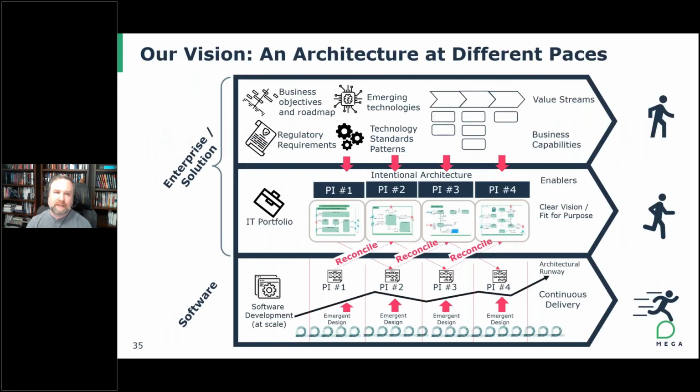So let me put that into a little bit of an illustration. The top two layers could be split into enterprise architecture and solution architectures. I do see the line between the two. Maybe it's not 100% clear in certain organizations. In some it's a little bit higher level, and in others a little bit lower level. So I just bucket them for the moment. But you can see that you can have kind of that slower moving element. The value streams of business capabilities are very stable.